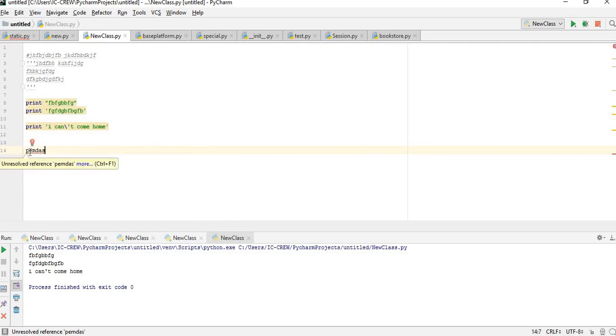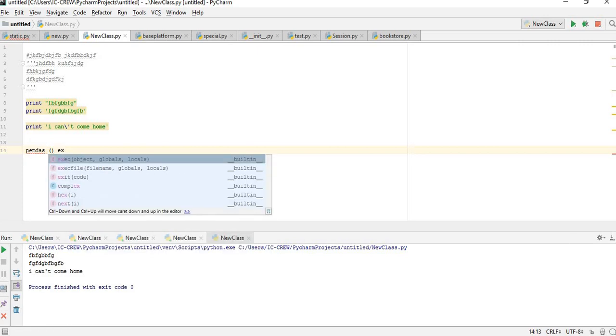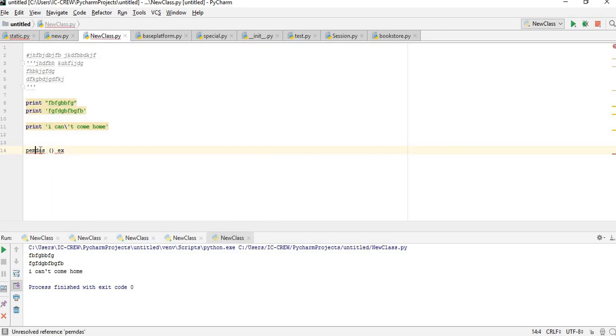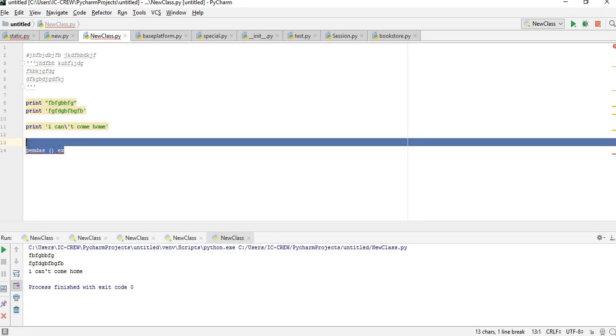Yeah, PEMDAS. P stands for the parentheses, which in this case are this. E stands for exponential, okay. M stands for multiplication. D stands for division, addition, and subtraction. So that is the